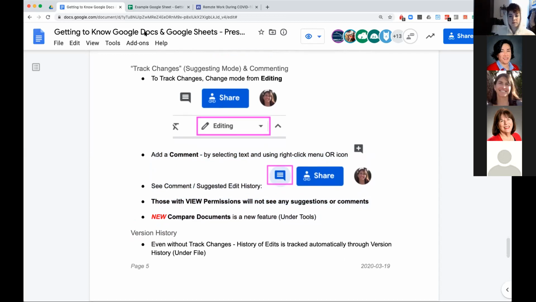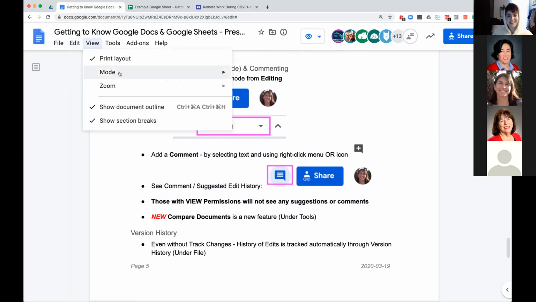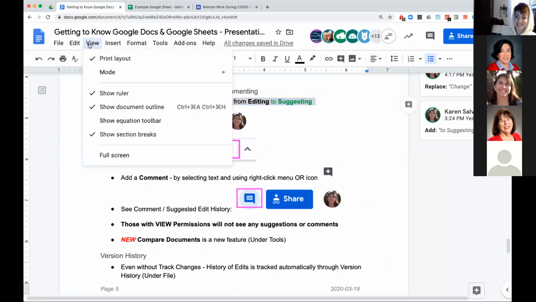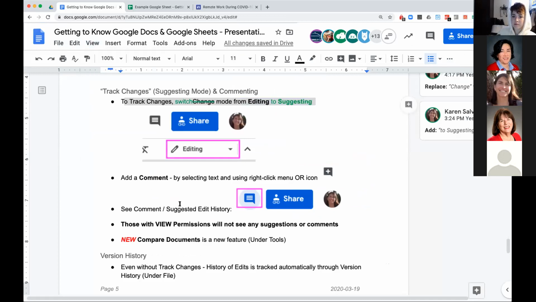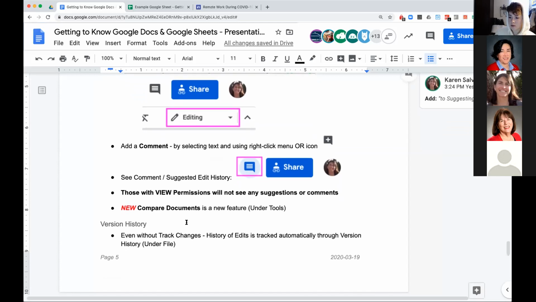So now I have to figure out how to go back to where you were. To editing mode, which you can get to from the view mode. It's there and it's also here, but if you go into view, it looks like it collapses that icon. So it's good to know how to get to things from multiple places.